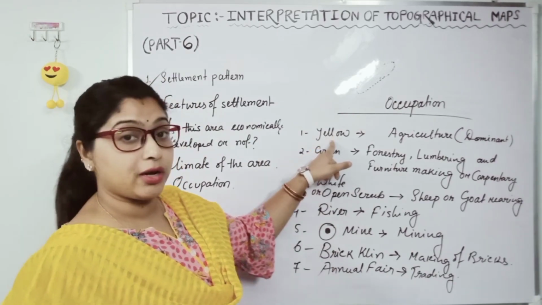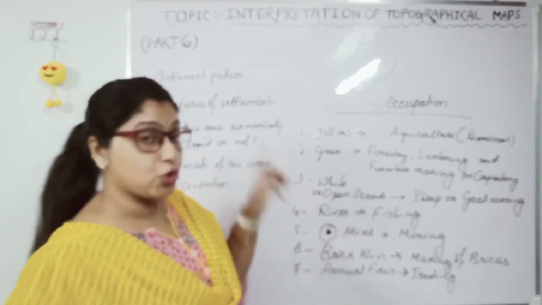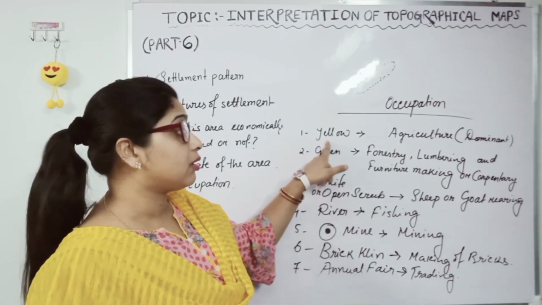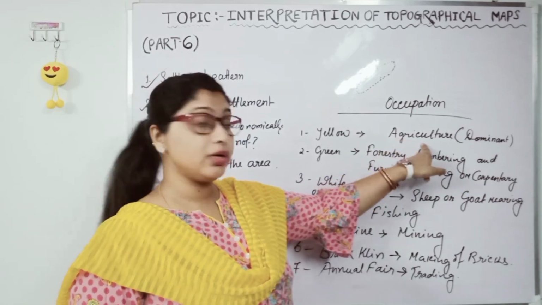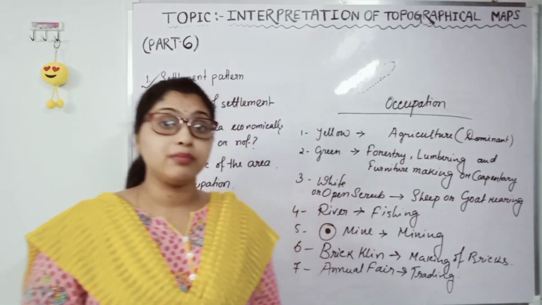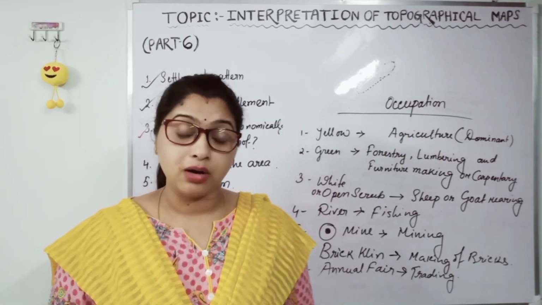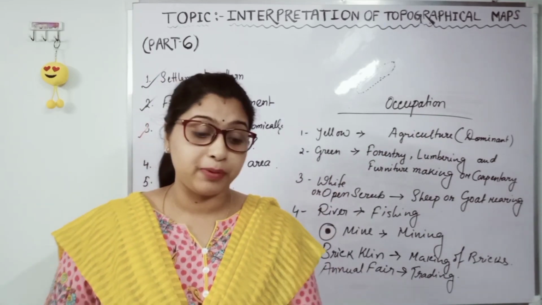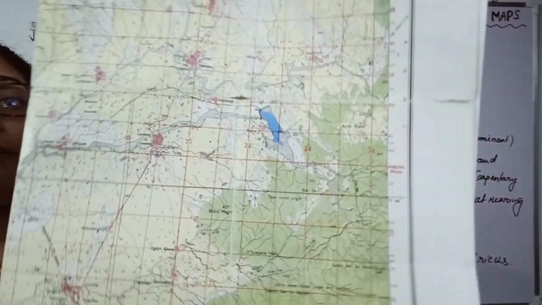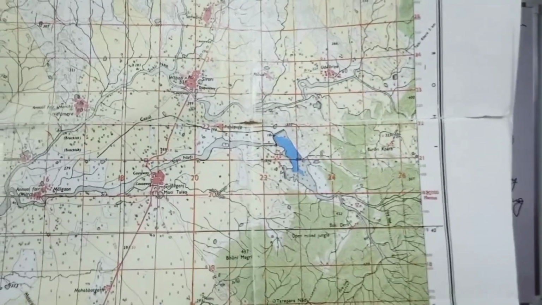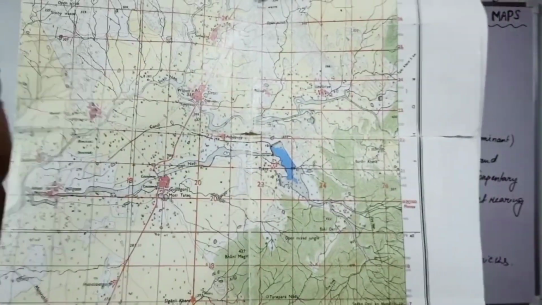First, yellow color. If you see the topo map, the maximum part of it is covered by yellow color, which is cultivable area, meaning agriculture. People are mostly engaged in the agricultural sector; that is the dominant profession of the people. Here I am showing a part of this topo map. Here you can see mostly yellow color, which means people are mostly engaged in this agriculture